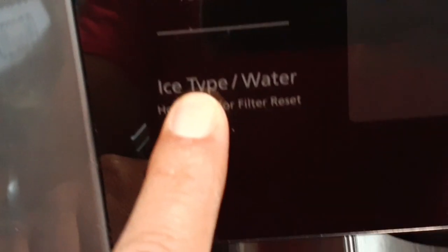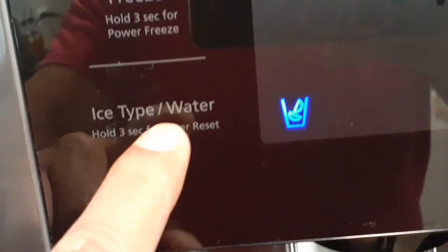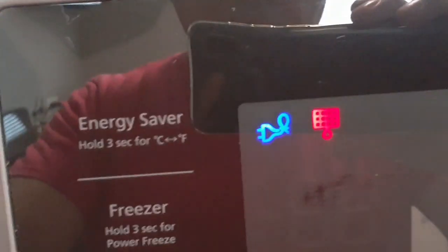Now to reset that light, on this fridge we had to press and hold the ice type water for 3 seconds for that to reset. So I'm gonna do that now. Let's see, 1, 2, 3, and there it is. Okay, so once you turn the water supply back on,